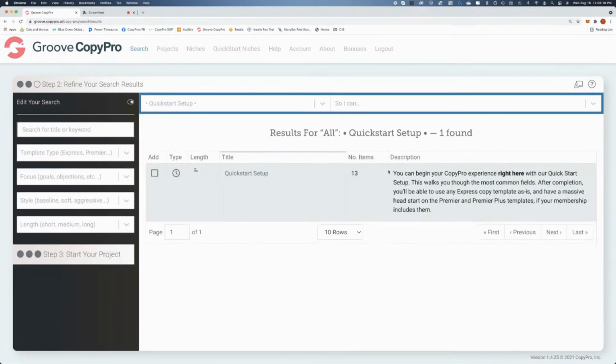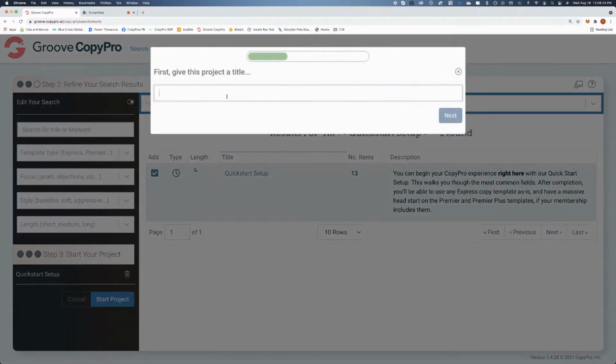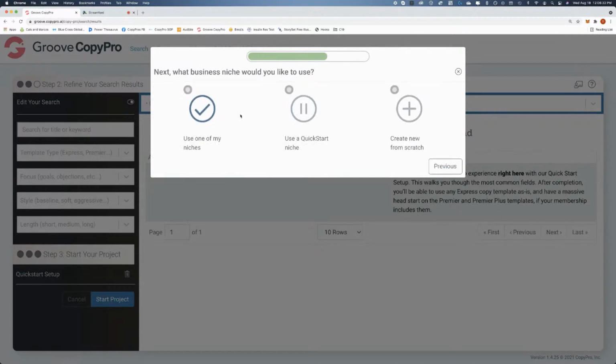So we did this for FitClass as an instructor, but I'm going to do the same thing. I'm going to start a project, and I'm going to call this project FitClass member. In other words, these are the members that we want to target. What we did before is we started totally from scratch, and I pretended like we didn't have any quick start niches in CopyPro at all, which obviously we do. But we wanted to create something unique from scratch, and that way you could see, if we didn't have your niche, how you could create it or how flexible CopyPro is.